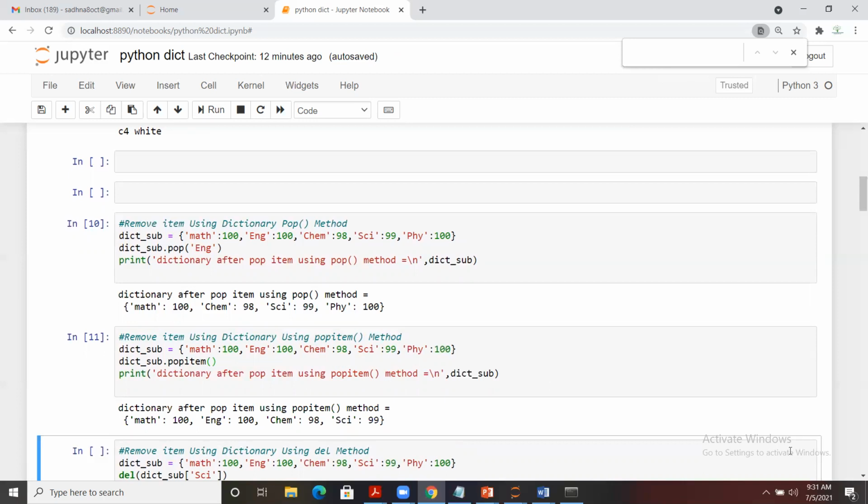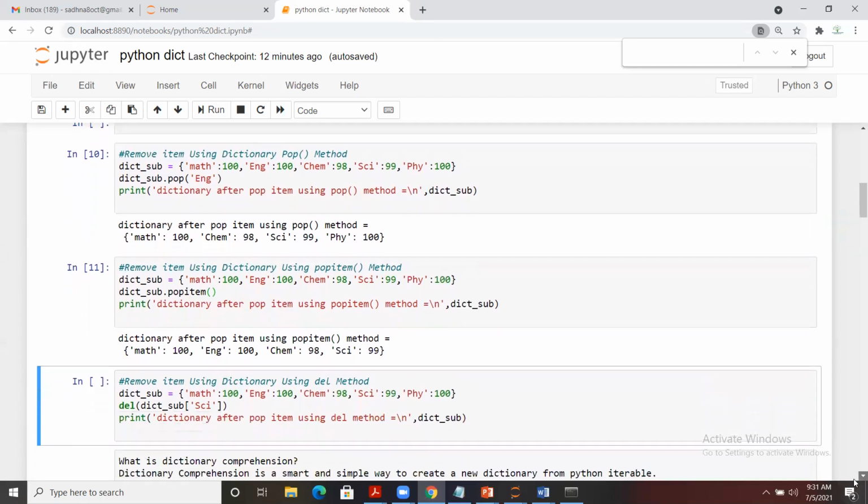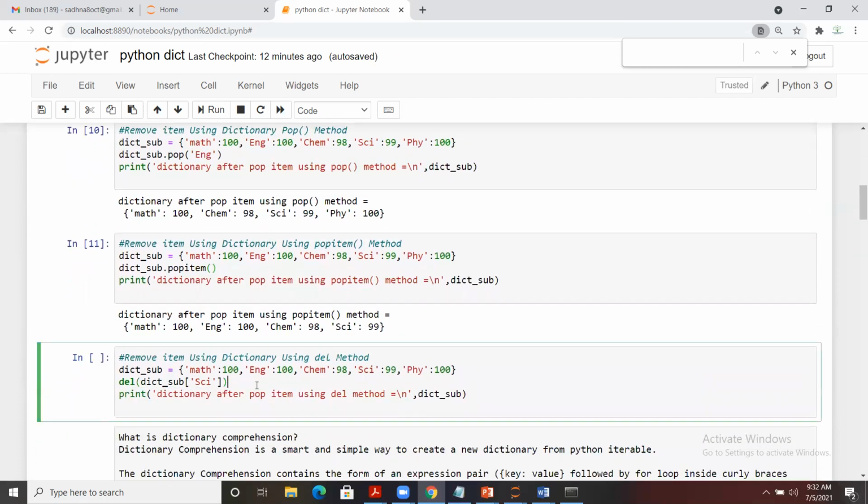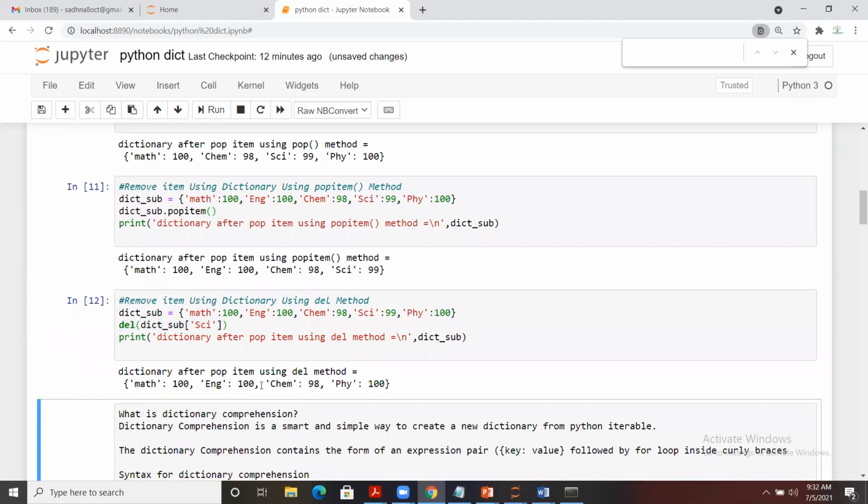And we do have the del method as well, using which we can delete that particular value. You see that I want to delete science from this dictionary. So del, we have to apply like this: del, then the name of the dictionary, and in square brackets we have to pass the name of the key. Once you run it, you see that this particular value is not there.